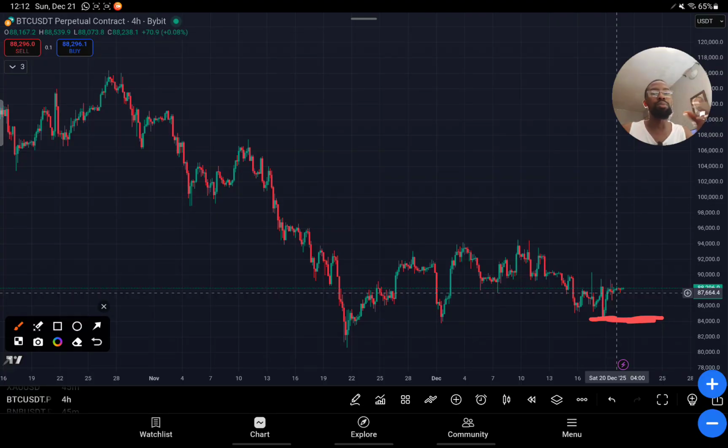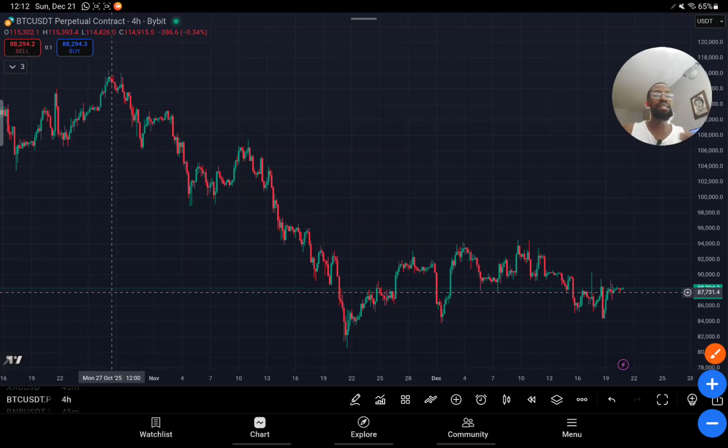You don't need to go and be putting unrealistic take profit for yourself. Take for instance now, I enter a trade at this place, and I set my TP here. Good, the market might come down to that place where I put my TP, but you need to understand break of structure. So every time the market breaks structure, you should target that particular place where the market broke the structure, the last low or the last high. That is where you should target.